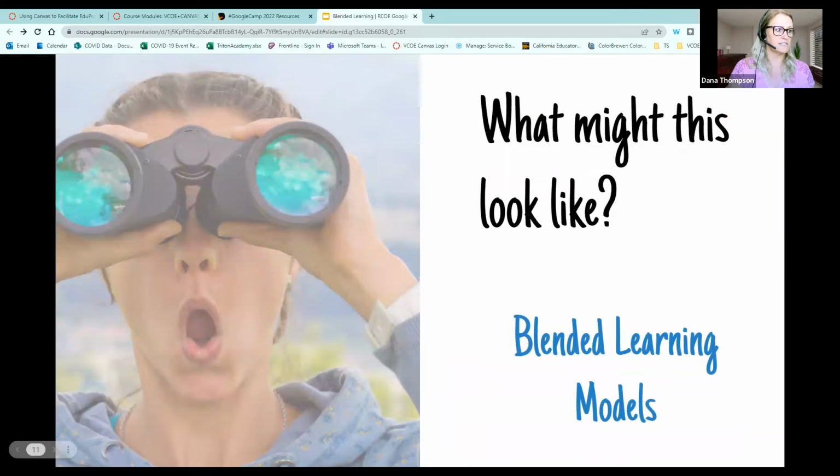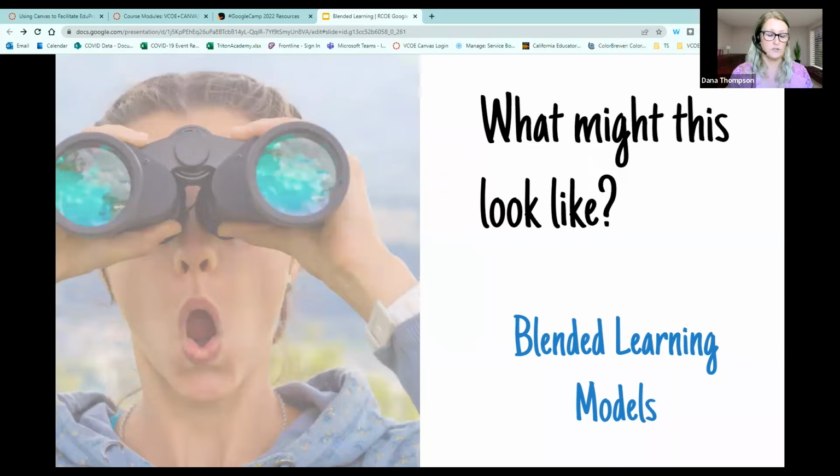So we're going to take a look at some blended learning models, and I'm going to give you some examples. I am a Canvas lover. I've been using Canvas for about 10 years now. Started out as a teacher, moved into instructional design where I was designing courses. Teachers would give me content in my online world. They would give me content and then I would put it into Canvas. And now I'm the Canvas admin for our county instance of Canvas, and I help support and train our county districts. And so a lot of what I do, I've adapted to Canvas,